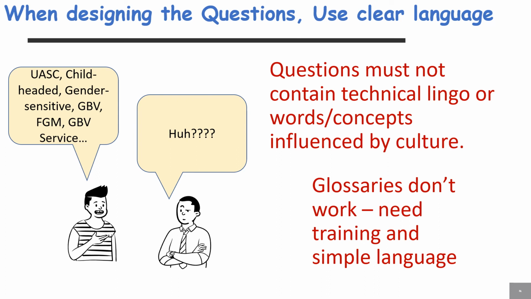Other examples are heads of household. This is unclear for many: whether this is the economic head of the household or the oldest family member, the caregiver, the decision maker, or a combination of several of the above. Unaccompanied children or separated children, or even children: in many cultures, 16 and above are not considered children. In several countries,